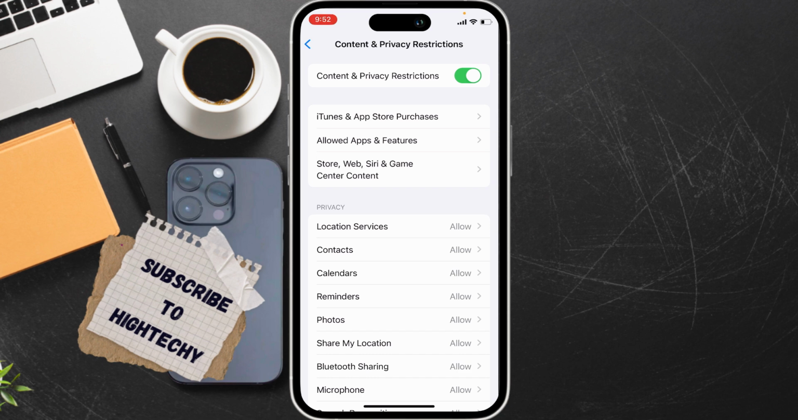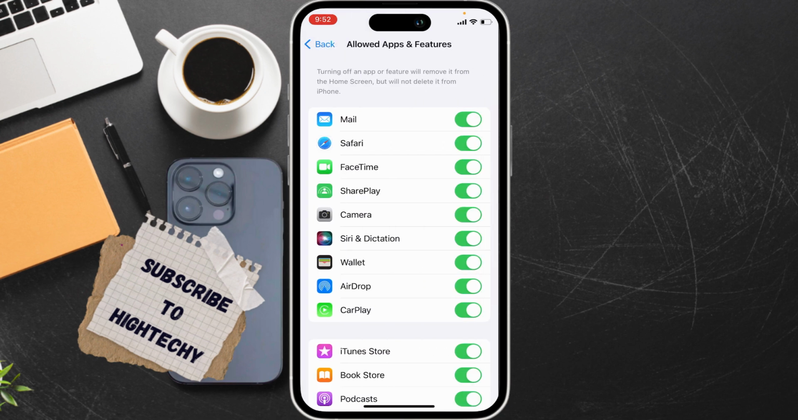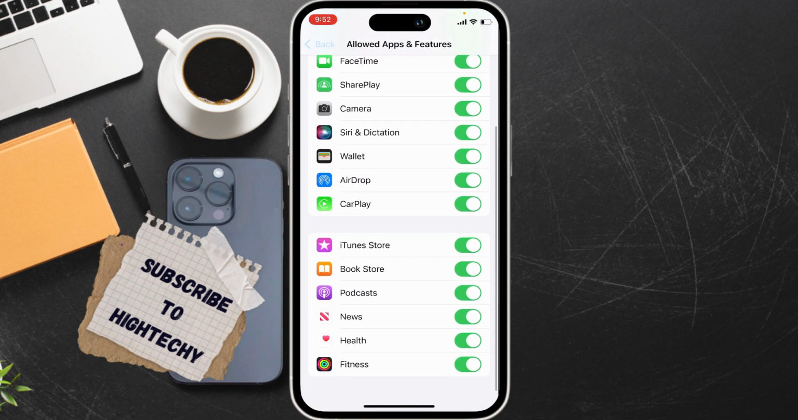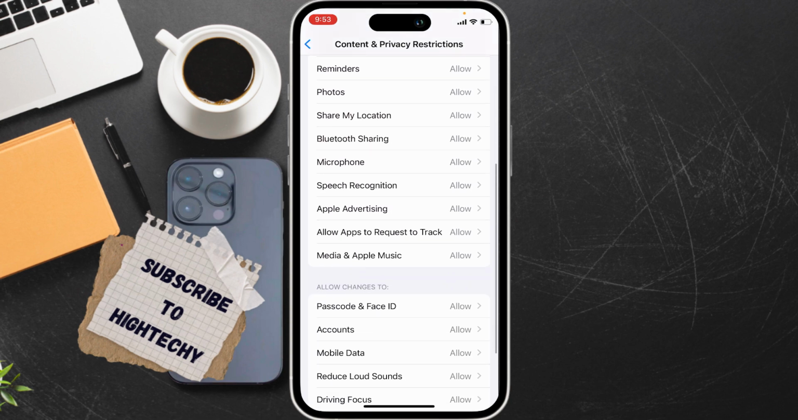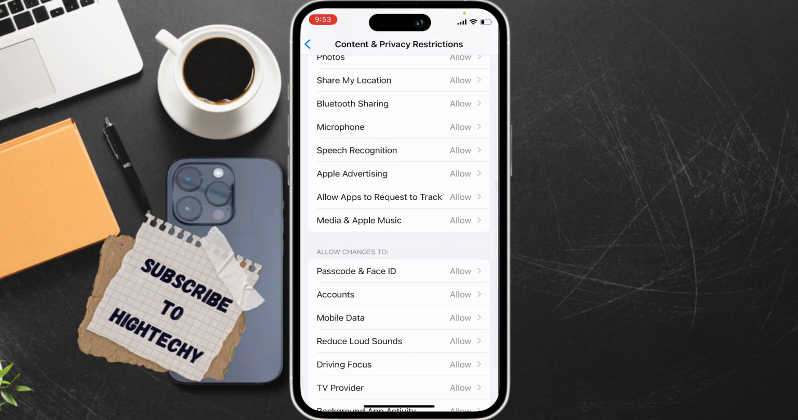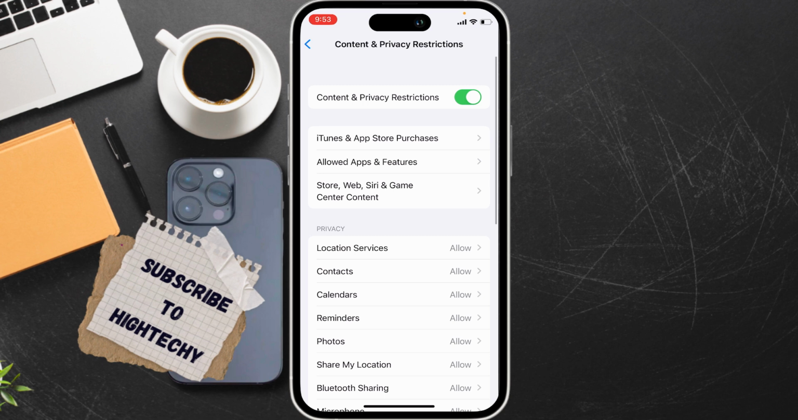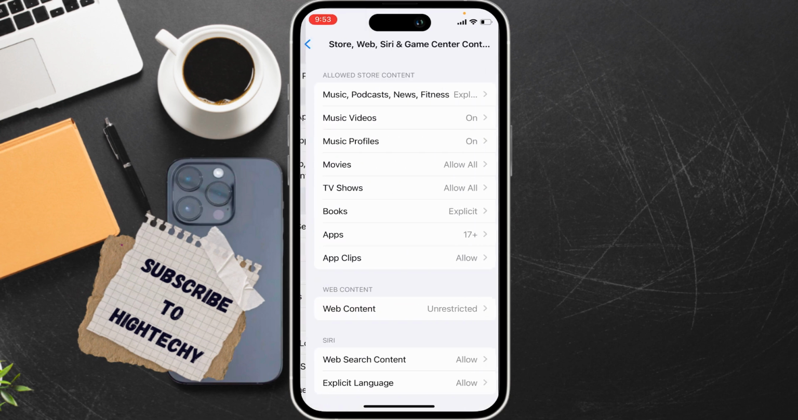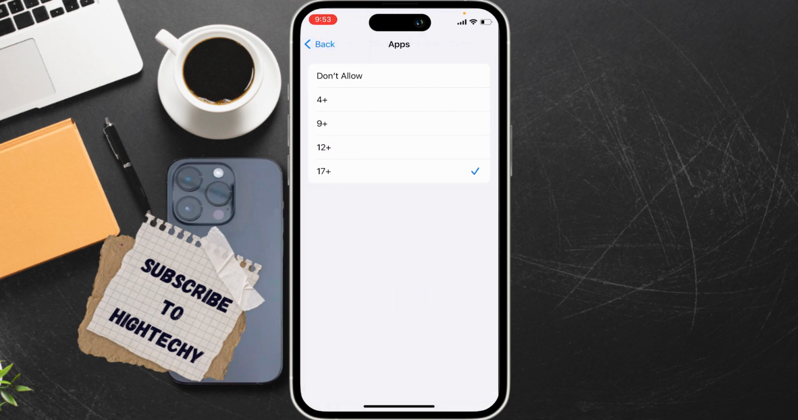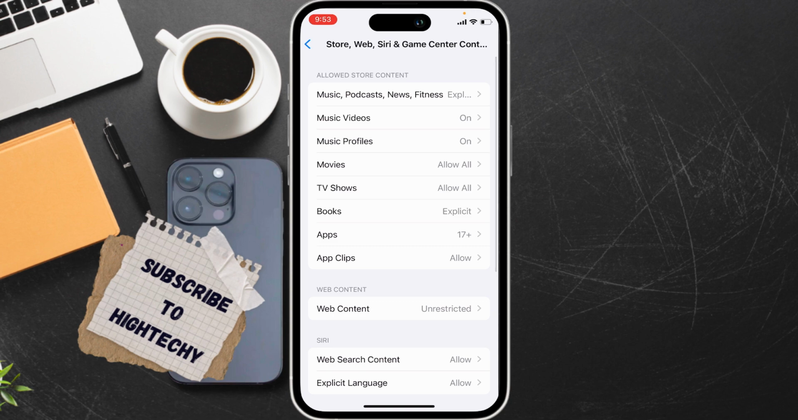Now tap on apps and features. Select the desired age limit for your app. Tap on apps and select your desired age limit. For example, I want to keep it 12 plus, so select it or anything, and now the hidden apps will